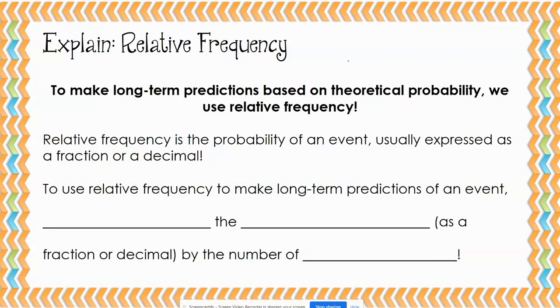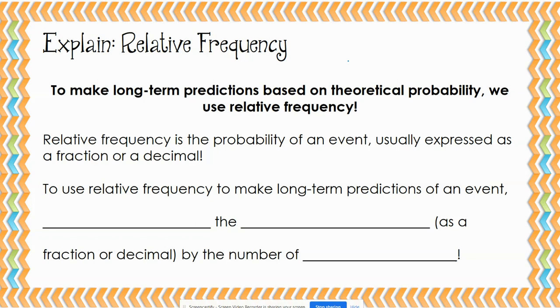Today, we're going to learn how to make long term predictions based on theoretical probability. When we do this, we use what is called relative frequency. Relative frequency is the probability of an event, usually expressed as a fraction or a decimal. So basically, when we say that we're using relative frequency, that means that we are using the probability of an